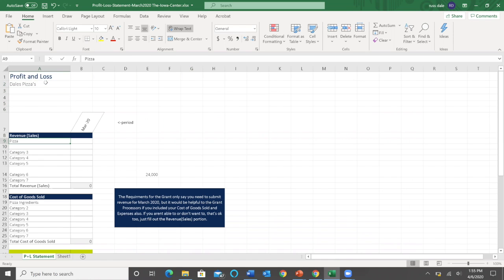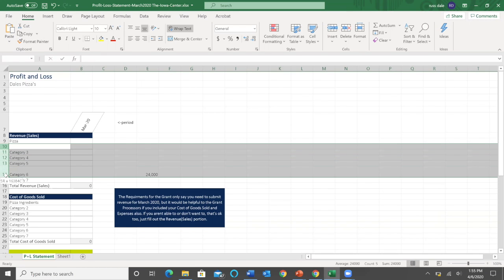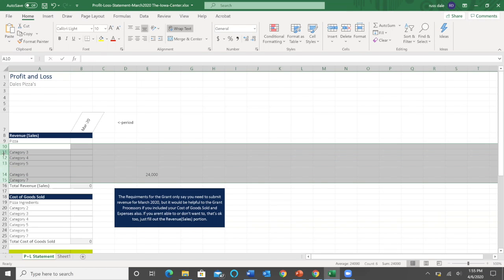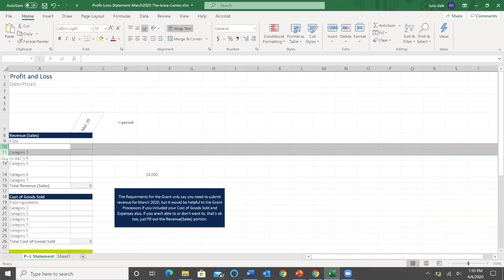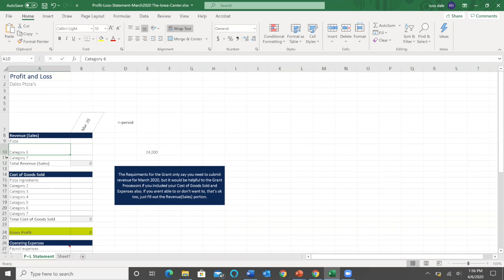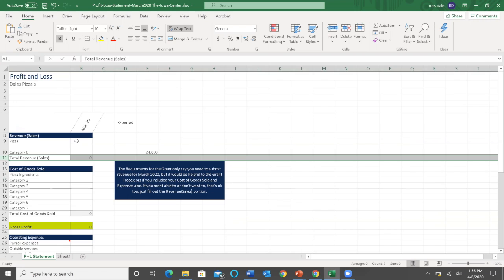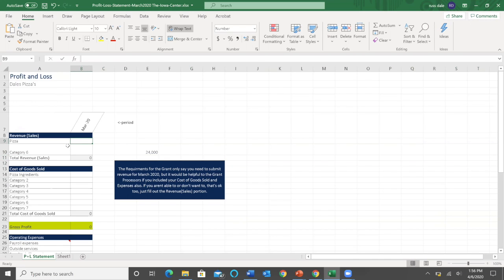Revenue, I know pizza places, they can have a lot of different types of revenue. Like I could sell sodas, cookies, subs, but unfortunately for my customers, I'm very unimaginative. So I only sell pizzas. So I don't want to get rid of that formula. Just to make it clear, just get rid of the categories that you don't use. I'm going to keep category 6 just because I have a formula there that I don't want to get rid of just yet. So for pizzas, let's say I made